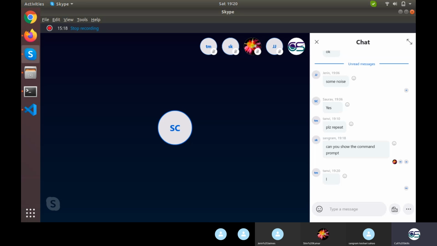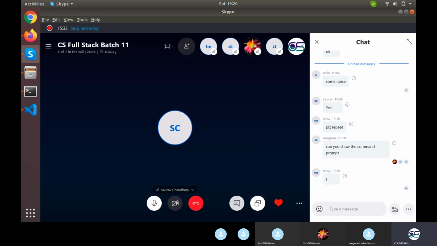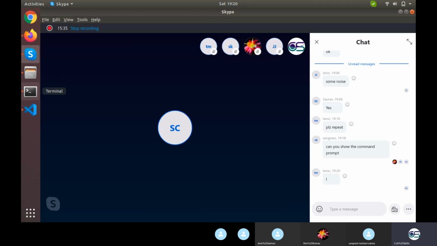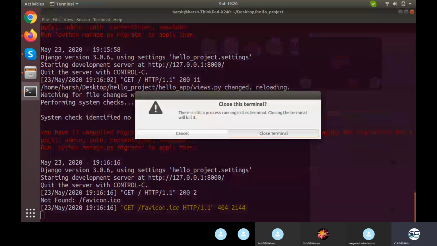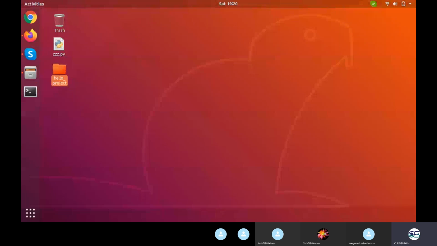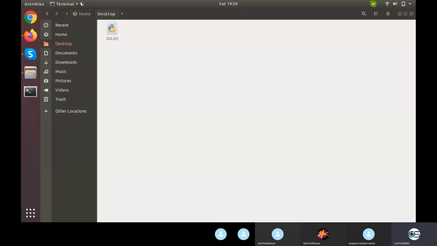Okay, so I'll just be repeating once again. I was not assuming that it will be clear with the first instance only. It will take some time to be grasped because there would be some 6-7 changes. Let's take the things one by one. Okay, and I'll be sending you the code as well, what all you need to change. And for that, I am closing this and I am deleting this. So everything will be implemented from scratch. Let's see.